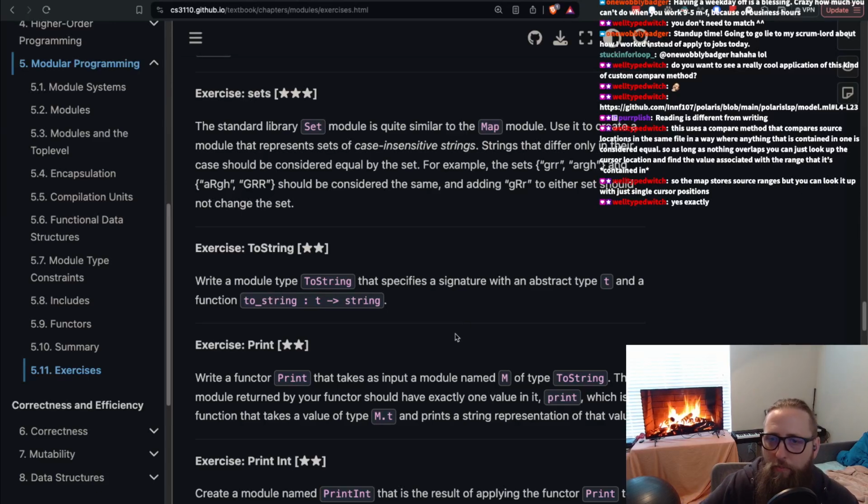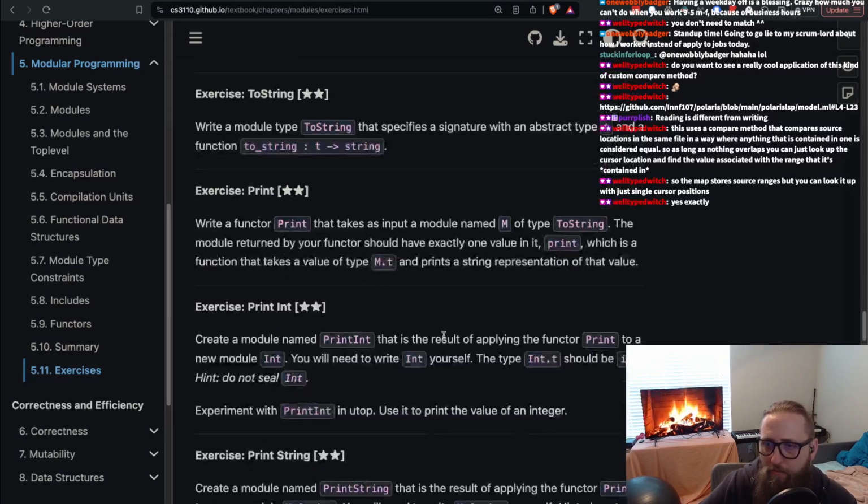So I forgot the one thing about the module type, the type keyword after module. Okay, write a functor print that takes as input a module named m of type toString. The module returned by your functor should have exactly one value in it, print, which is a function that takes a value of type m.t and prints a string representation of that